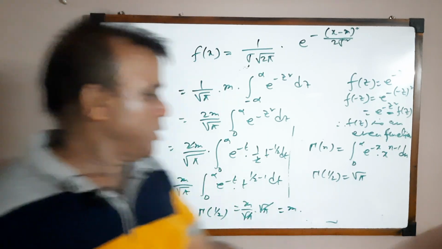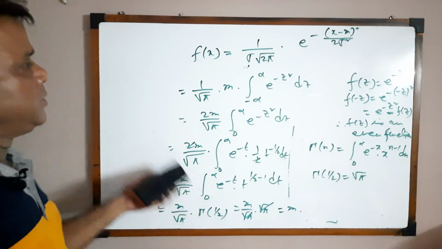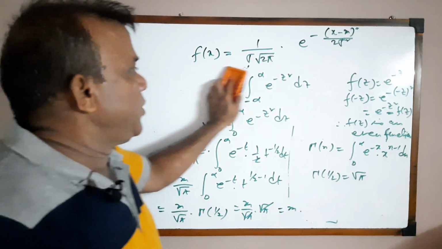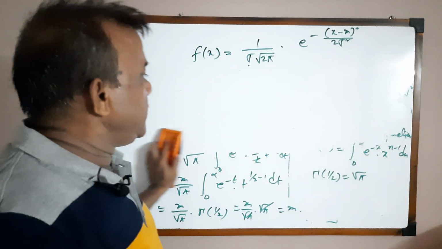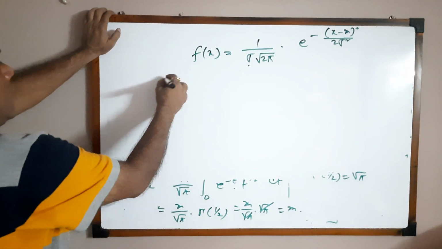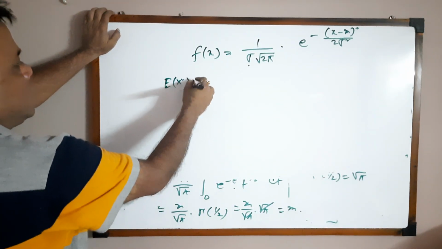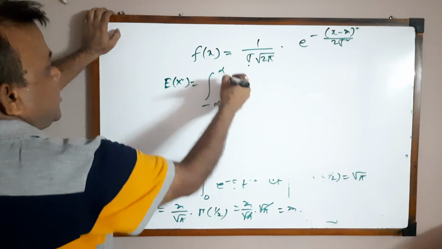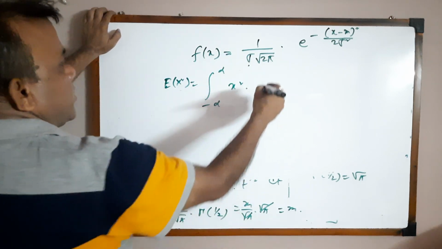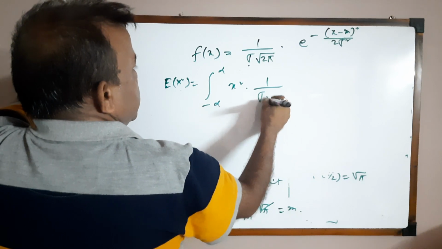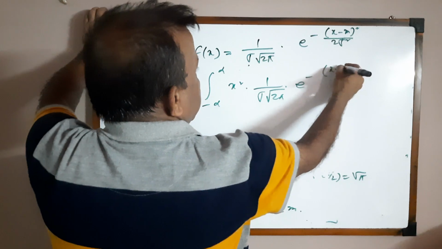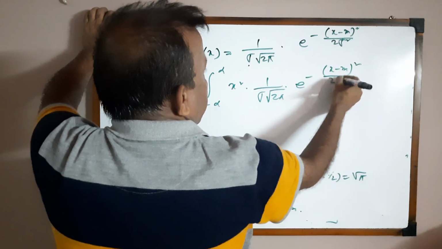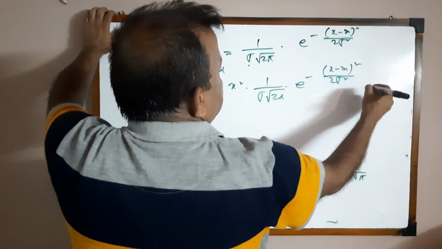Okay. Now we have to find the variance of normal distribution. To find the variance of normal distribution, first of all we have to find the value of E(X square). Similarly, E(X square) is equal to integration minus infinity to infinity x square into f(x), 1 by sigma into root over of 2 pi into e to the power minus (x minus m) whole square by 2 sigma square dx.